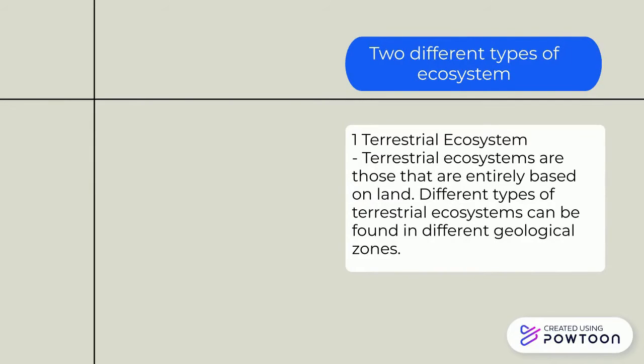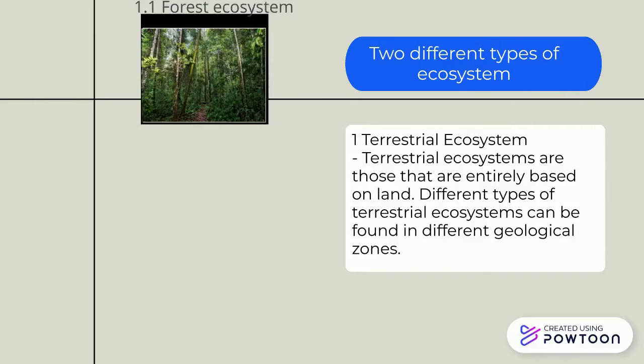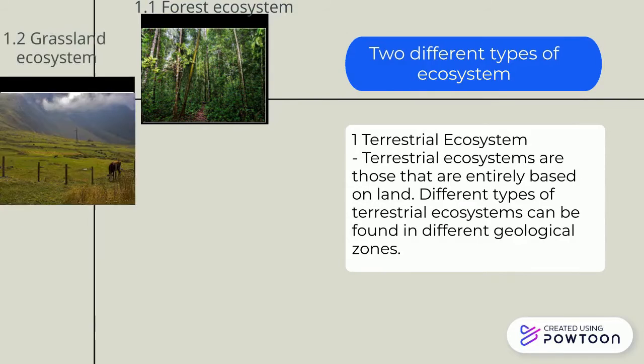They are as follows. The first type of terrestrial ecosystem is forest ecosystem. A forest ecosystem is made up of a variety of plants, animals, and microbes that coexist with the environment's abiotic influences. The next type of terrestrial ecosystem is grassland ecosystem. In the grassland ecosystem, the vegetation is dominated by grasses and herbs. Temperate grasslands and savanna grasslands are some examples of the grassland ecosystem.